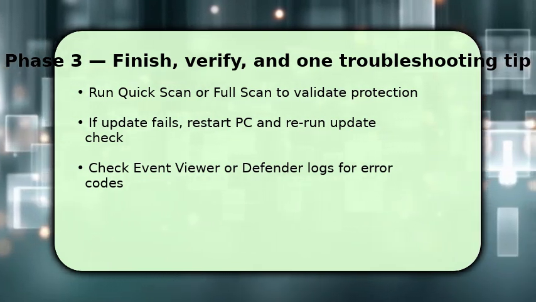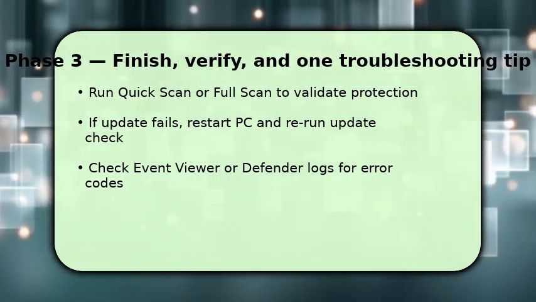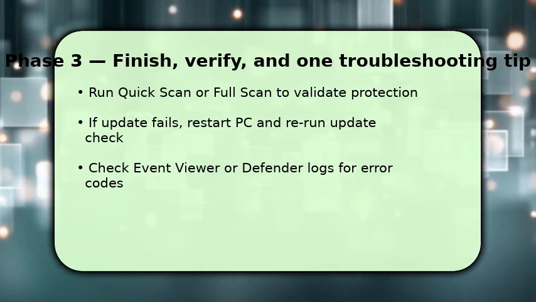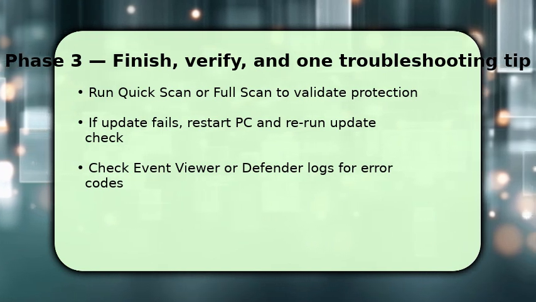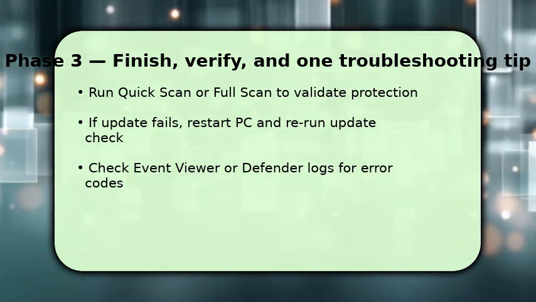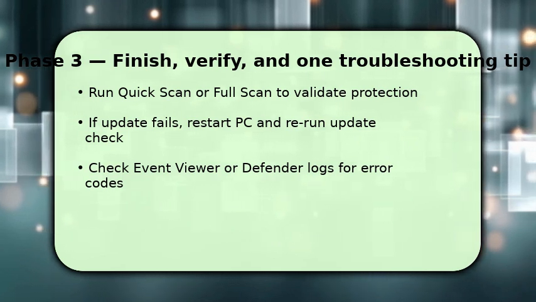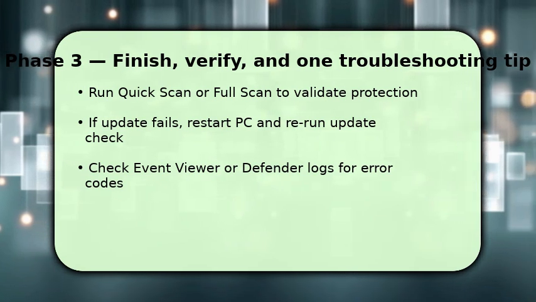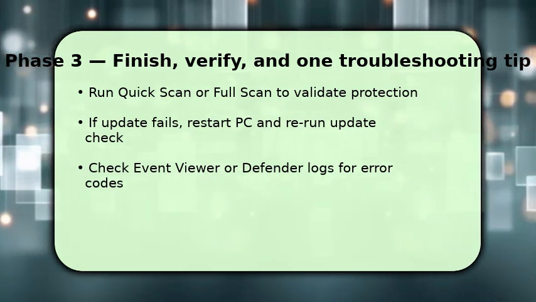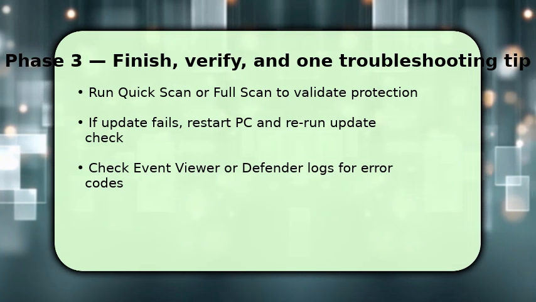If the update fails, restart the machine and re-attempt the update check. Many failures clear after a reboot. If problems persist, open Event Viewer or Defender logs to capture the error code and reset the Windows Update components as a follow-up. One key troubleshooting tip: reinstall the latest security intelligence directly from Microsoft if definition